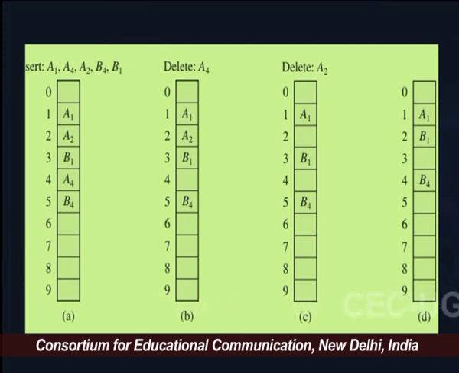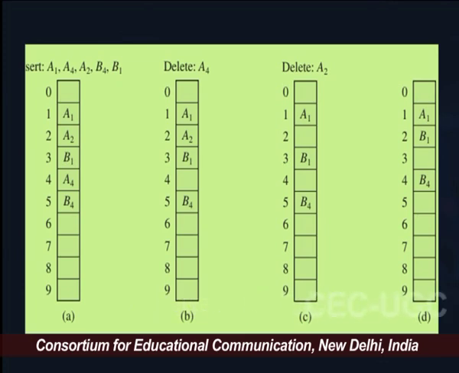And now, let us say there is a search for B4. As far as computation of the hash code is concerned, B4 should be at slot 4. Now, the search technique looks for that key at slot number 4. That key is not available there because, by virtue of linear probing, this key is available at position number 5, not at position number 4. Then in this situation, despite having the B4 element in the table, the search will turn up as an unsuccessful search. So, that is the problem.